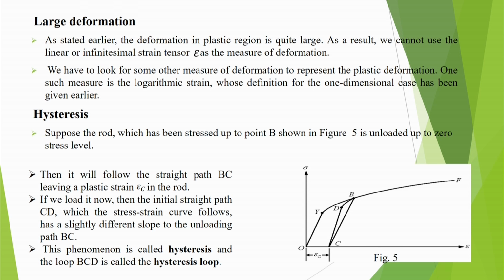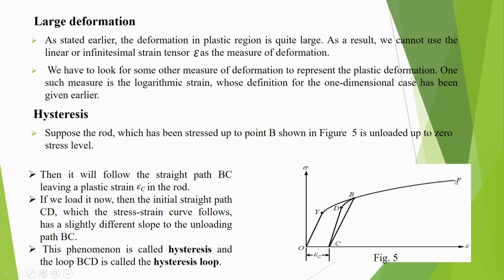Now, we come to another phenomenon of the material, called hysteresis. You see this figure. In this, the stress strain diagram of a hypothetical material has been plotted. The material is elastic up to point Y. From O you load and reach point Y. At Y there is yielding, and after that there is plastic deformation. There is a hardening region also. So, YF is hardening. YF need not be a straight line. If it is a straight line, then it can be called linear strain hardening. Otherwise, there is a hardening phenomenon here.